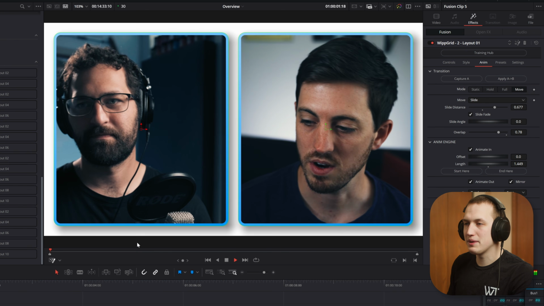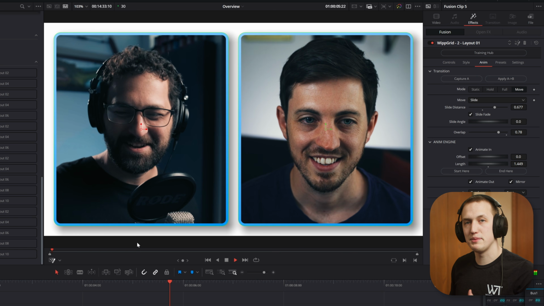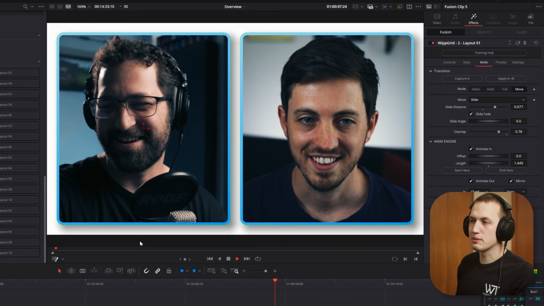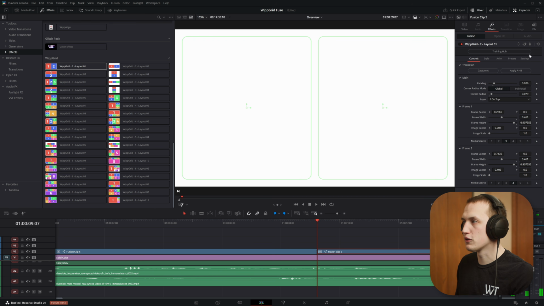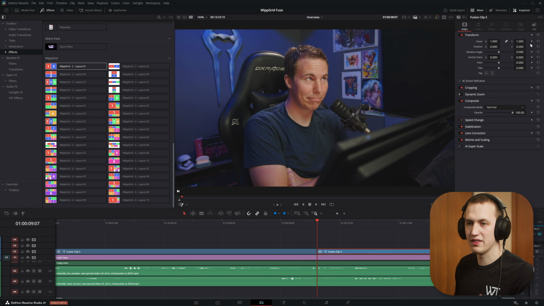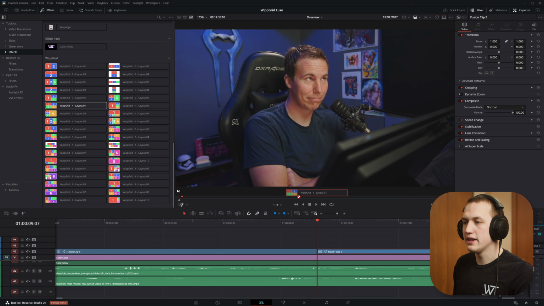All right, so we have them animate up onto the screen, but the really amazing part about WippGrid is the fact that we can animate between different layouts. So let's say we want to bring Casey and Alex onto the screen. If we split the clip right here, on the second version, we're going to add in a new WippGrid layout. Over in the effects library, I'm just going to grab WippGrid 4, layout 1, and then drag and drop this